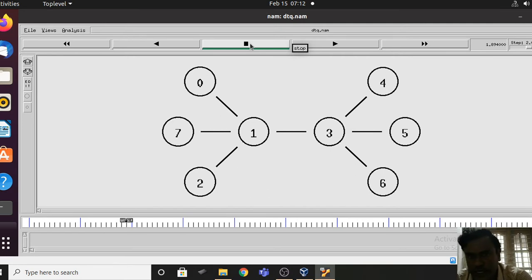Right now it is 1.8, and when it reaches 2.0, the other data transmission is going to start. So it has started. See, there is the second data transfer, from node 7 to node 5, in blue color. Now the transmission of both data transfers is taking place.